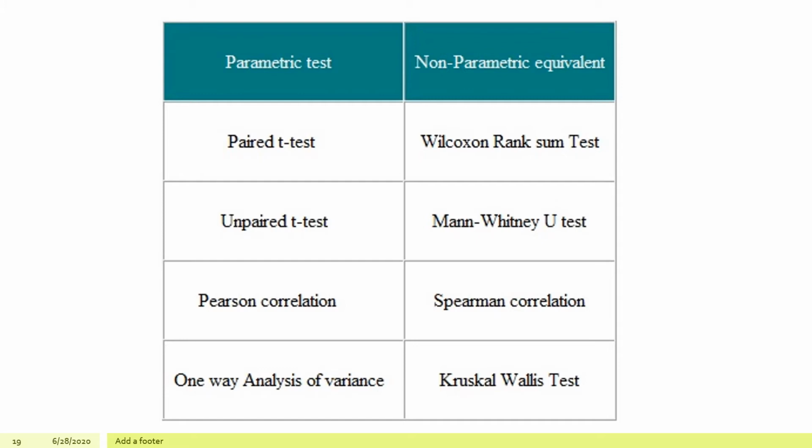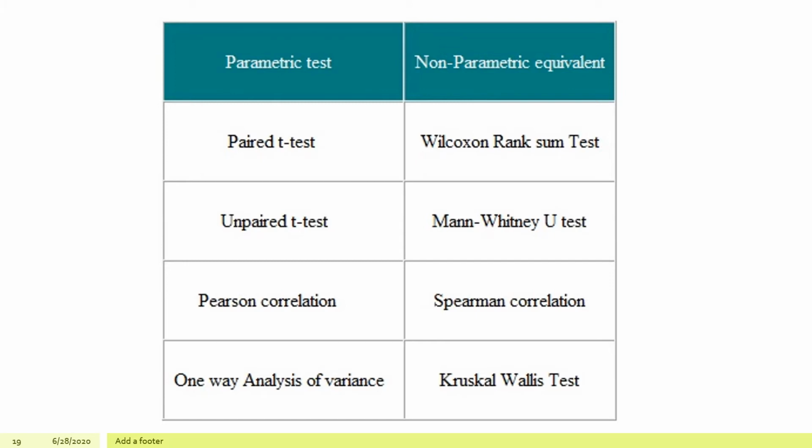So coming to the difference between paired and unpaired. Paired means the same person if you are measuring 2 times. For example, if you want to measure the knowledge of batch 22 before and after finishing 4th year, you have to measure before the commencement of 4th year, then after finishing the 4th year. So the samples are the same, that is batch 22, but you are measuring 2 times. That time you have to use paired data. But if the data you have collected is not following the normal curve, then you have to use Wilcoxon. If it is following the normal curve, then paired t-test.